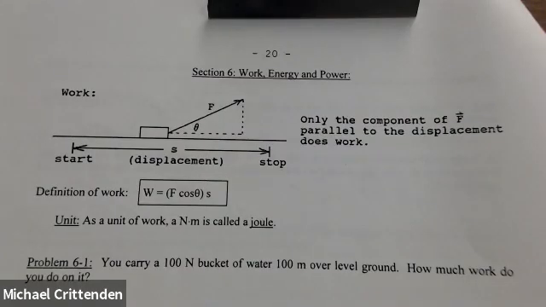Here we go, section 6. Work, energy, and power, all of which, by the way, are scalars. So it's a nice little break for you. You've probably noticed scalar arithmetic is simpler than vector arithmetic. All of these things are just numbers without components or anything like that. Not that you've seen the last of vectors, but let's consider,